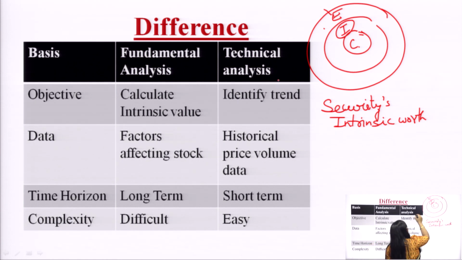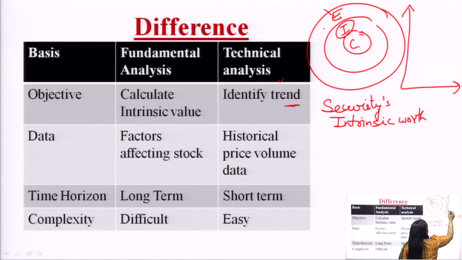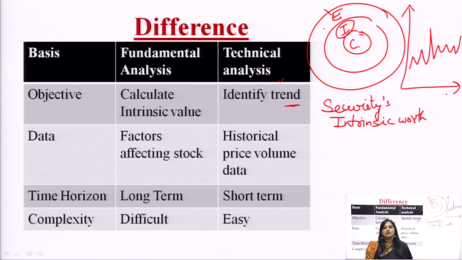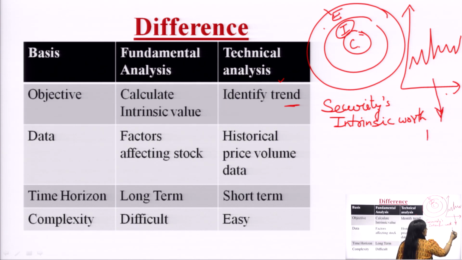The other, alternative approach is technical analysis. In technical analysis, what do technical analysts do? A technical analyst identifies the trend of the market. He analyzes the historical price volume relationship. He plots the closing prices or the different prices on charts, finds out patterns, calculates indicators, market indicators or mathematical indicators, and then analyzes whether there is any buy signal or sell signal, whether we should buy or sell.